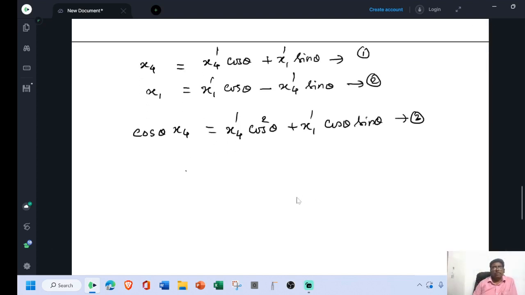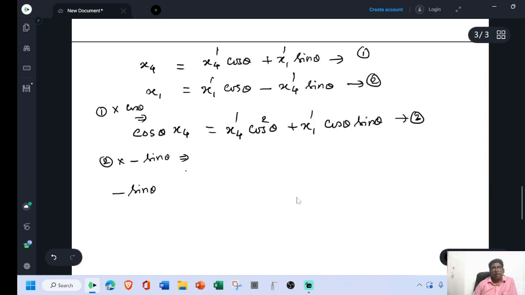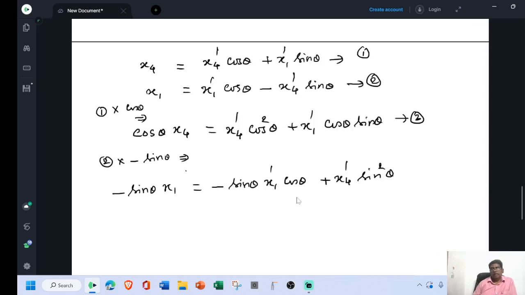Now multiply equation 2 by minus sin theta. This is 1 into cos theta, then 2 into minus sin theta gives minus sin theta x1 equal to minus sin theta x1 dash cos theta, then minus x4 dash sin square theta, minus into minus is plus, because we have multiplied with minus sin theta. This is equation 4. Now 3 plus 4 gives